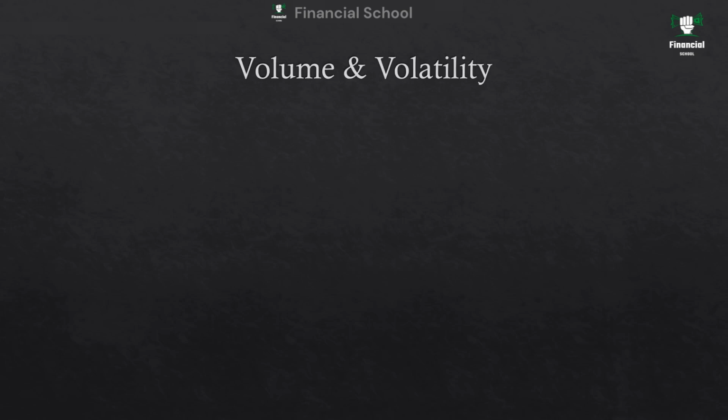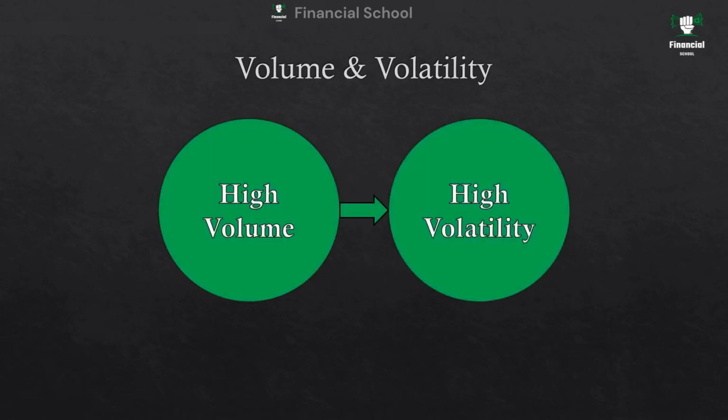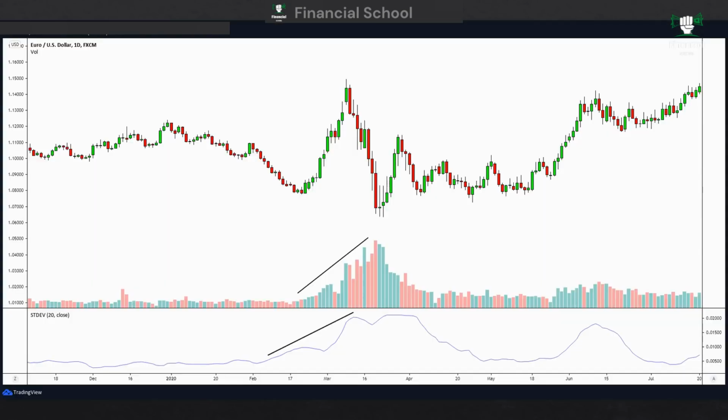As a rule of thumb, we can state that high volume goes with high volatility. There are exceptions to this, of course. Not all periods that have high volume will necessarily produce high volatility. In this chart, we can clearly see the relationship between high volume and high volatility. Notice how as volume begins to rise, the standard deviation indicator, which is one way of measuring volatility, also starts